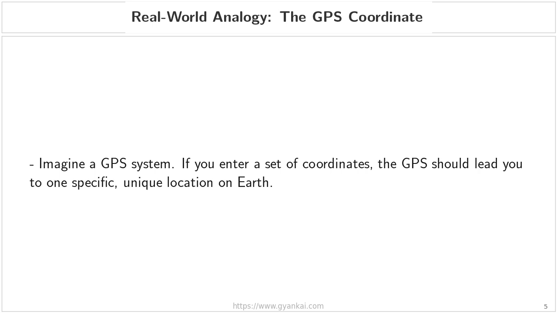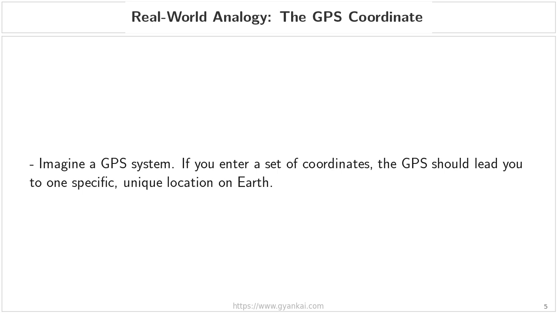Real-world analogy, the GPS coordinate. Now, to help you visualize why we need the restrictions we just discussed in the previous slides, let's look at a real-world analogy. Imagine you are using a GPS system. When you enter a specific set of coordinates, you expect the GPS to lead you to one single, unique location